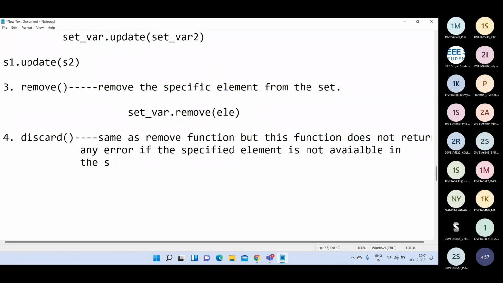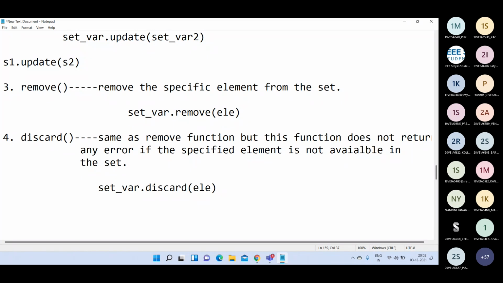Remove function lo element lekapota manaku error vastundi, but in the discard function, if the element is not there, then also we will not get any error. We can write discard of element.